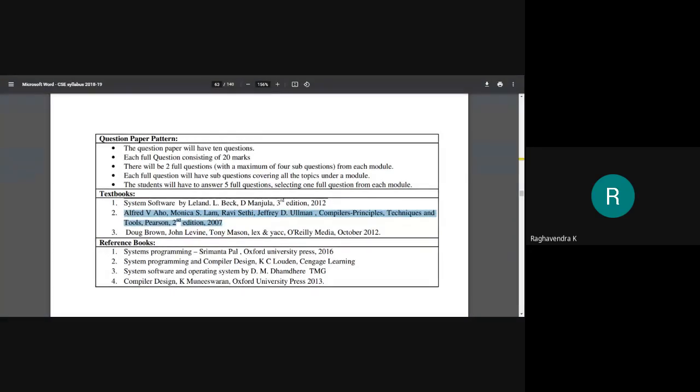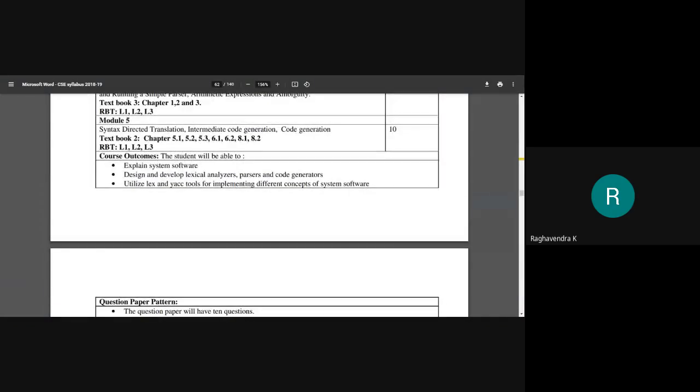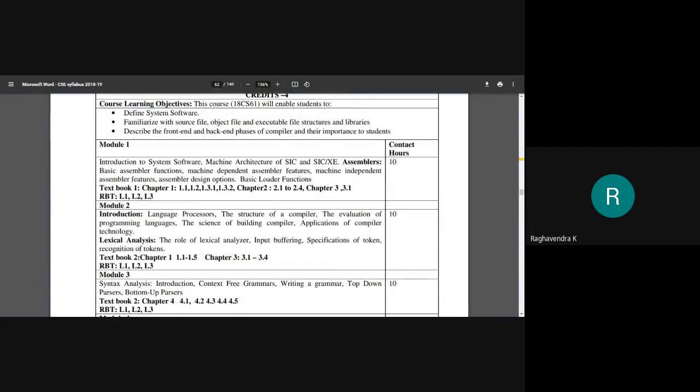You can also get this book online or in ebook format. And the last one is Doug Brown, which is for Lex and Yacc. Of course, we will look into reference books if required, but these three are essential for us to continue. So this is the brief introduction about the syllabus.